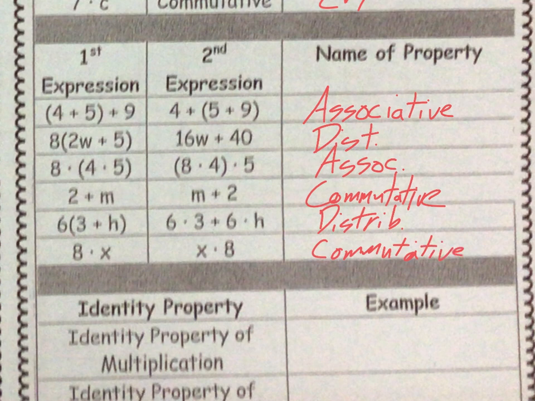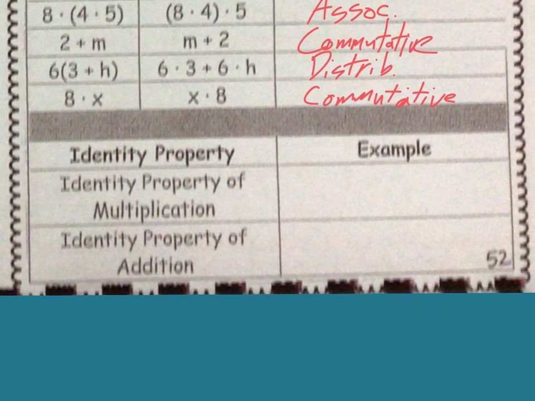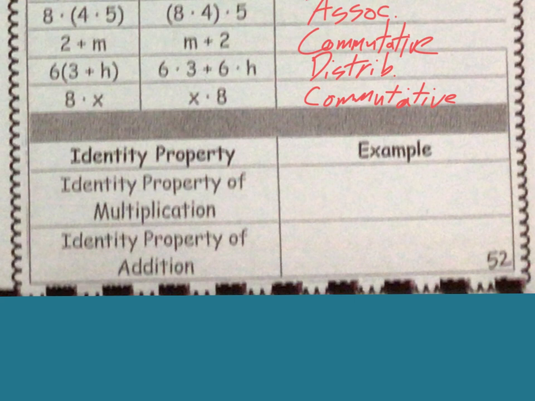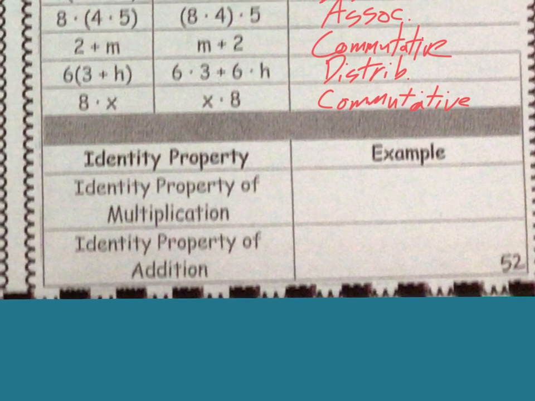There we go. Okay, so now let's talk about the identity property of multiplication. Let's do a couple here. What it's saying is A times 1 equals A. So we'll give another example. Let's say we have 7 times 1 equals